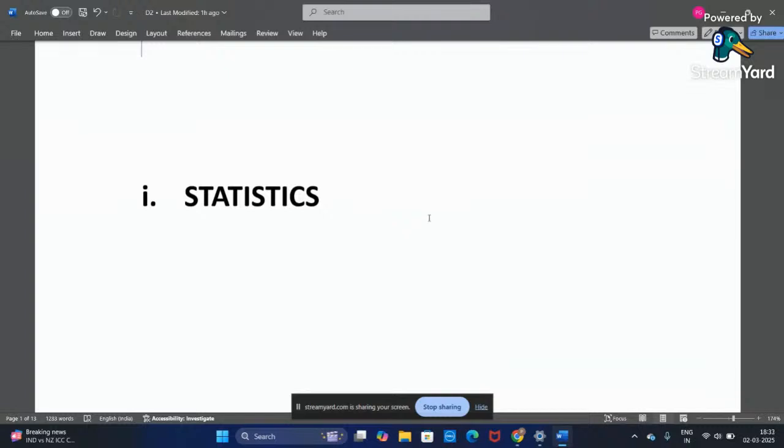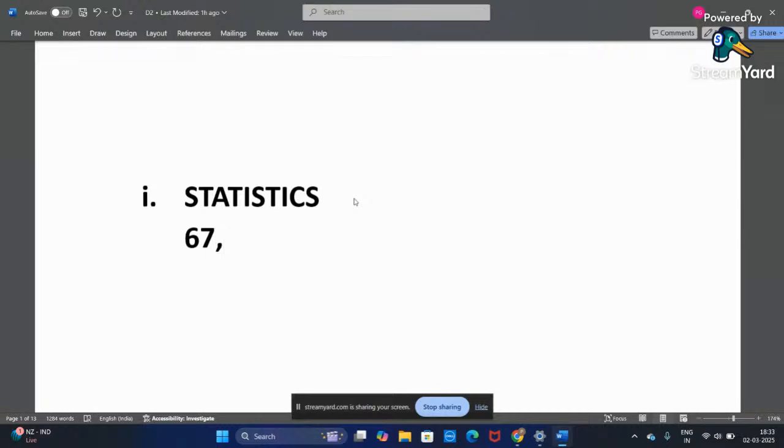Okay, now let's start with statistics. What do you mean by statistics? Statistics is the collecting of data and studying of data to provide information. That is called statistics. Let's take an example: imagine there are 10 students, they have scored